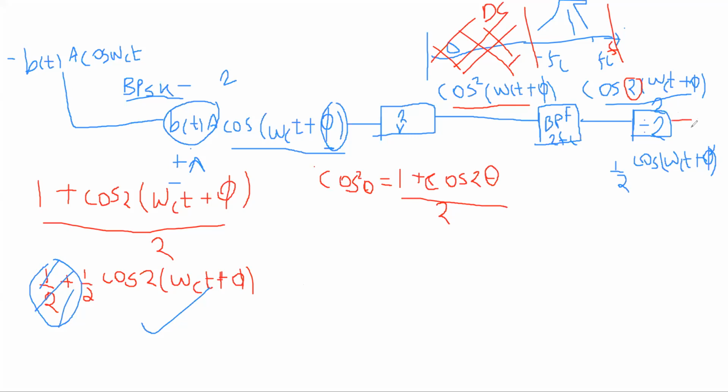So this frequency divider output is just cos of omega_c t plus phi, if you neglect the amplitude of 1/2. Okay, and what is this? This is your carrier. Now you can say this is the amplitude of this carrier. But here what we are interested in is the phase of the carrier, not the amplitude of the carrier at the receiver side. For demodulation purposes, we have to get the phase of the carrier.